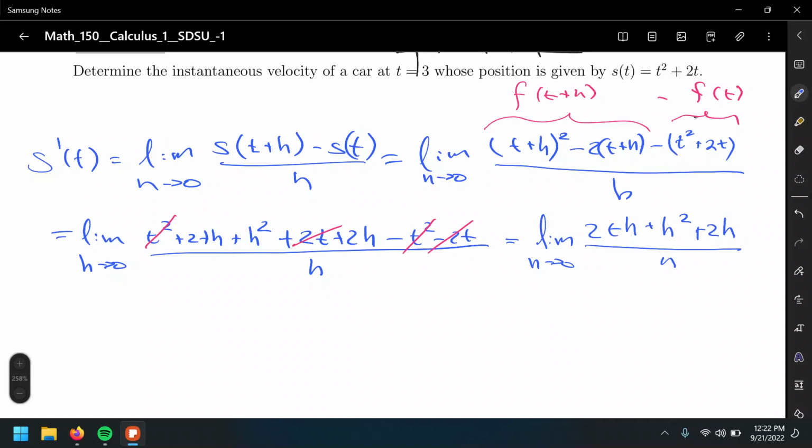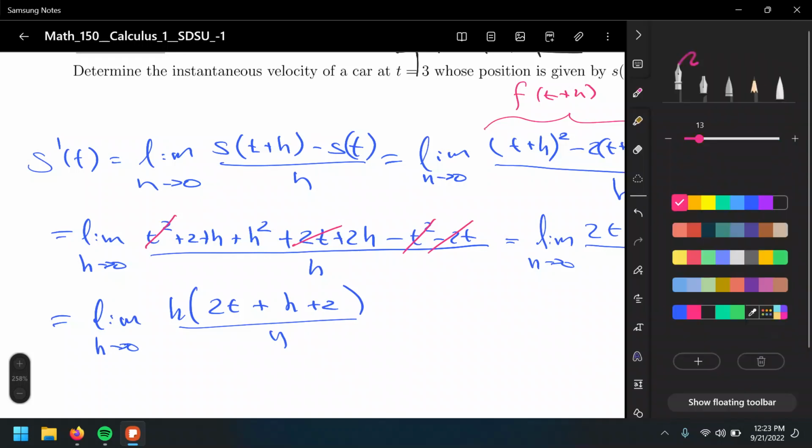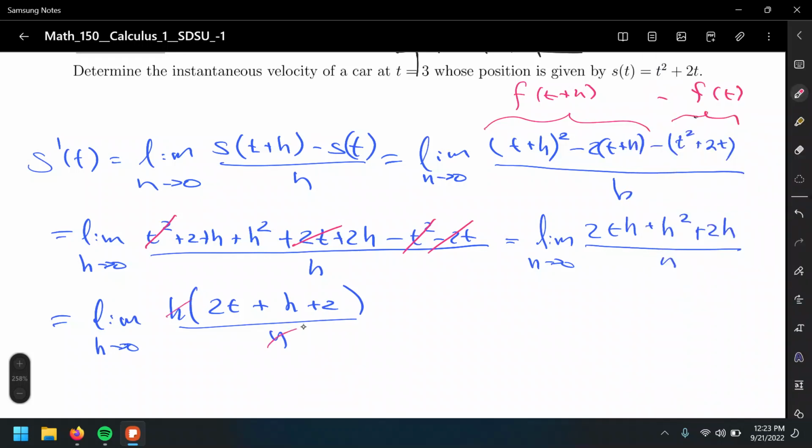We can factor out an h: 2t plus h plus 2, and over h, and check this out. Cancel the h's, and these h's are the factors in the expression right here that are causing the troublesome 0